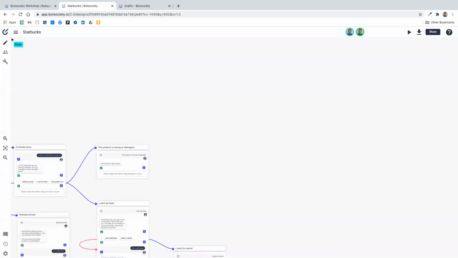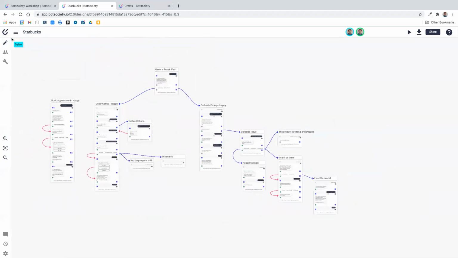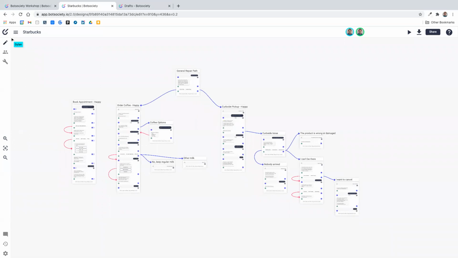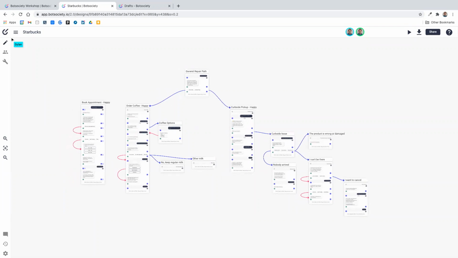So now that we have this design, what I can do is show you how to collaborate on your design with teammates. I have this other, you see there's two of me. This is real-time collaboration. If you're working in a team and working on a design